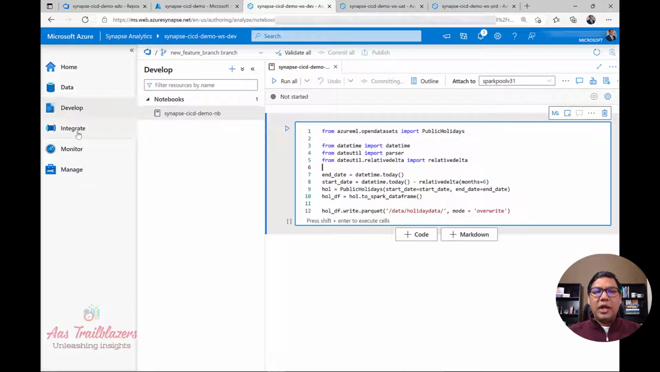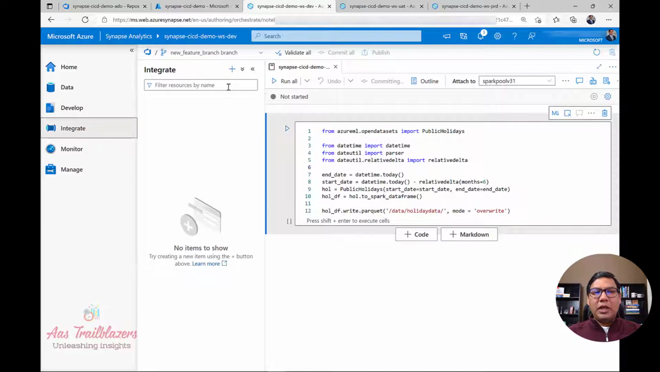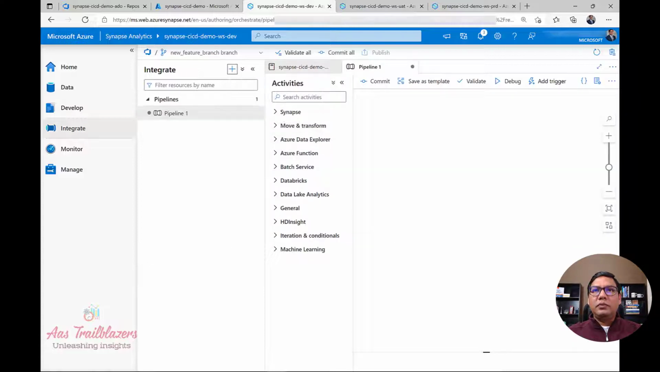So let's go ahead and create a pipeline, right? In this case, I'm going to create a pipeline to call or execute this notebook. So click on integrate and click on the plus sign under integrate. This will give you an option to create a pipeline. Click on this pipeline, and let's name this pipeline